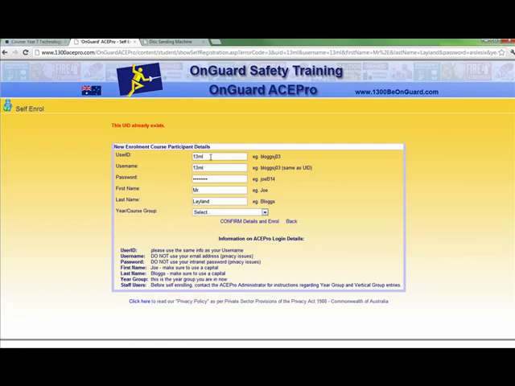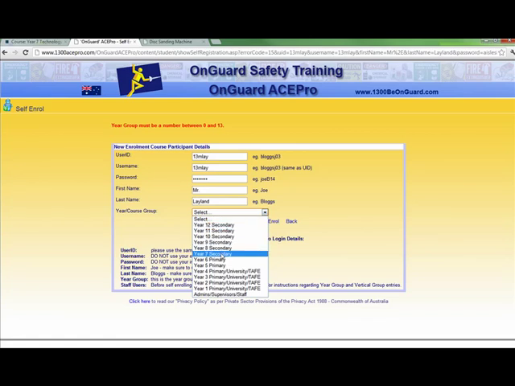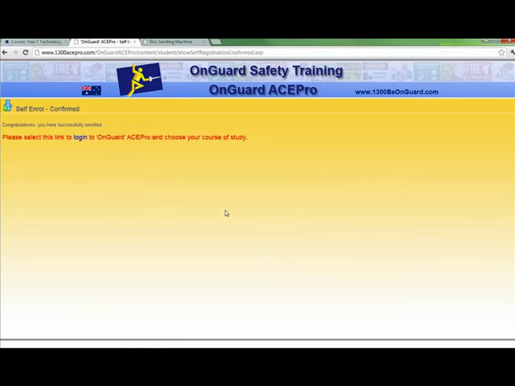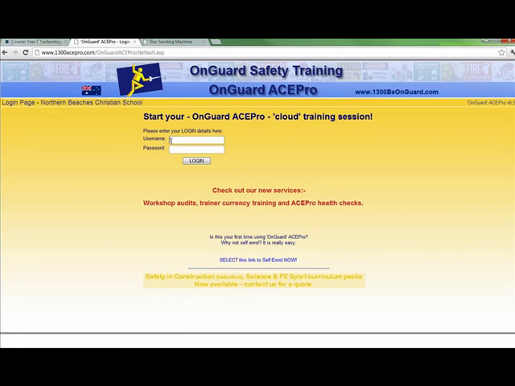That actually already exists because I've had to create it before to show as an example. So I'm going to try this one here. That one also exists and I just need to select my year group. Okay, so it says well done. You need to now log in. So I go back in, type in mine, which is a little bit longer, pop in my password